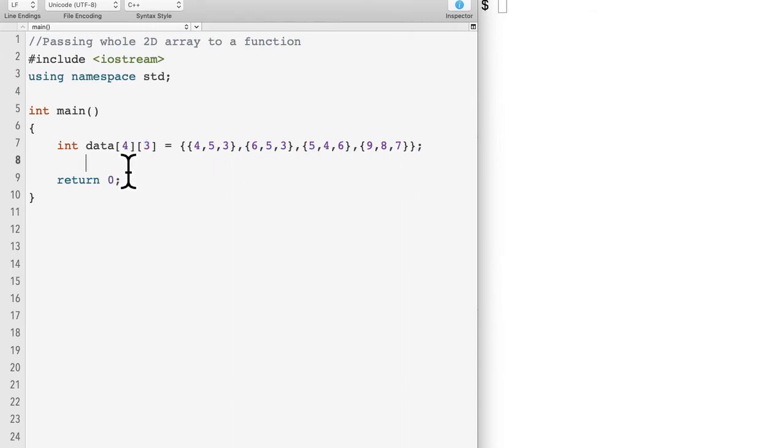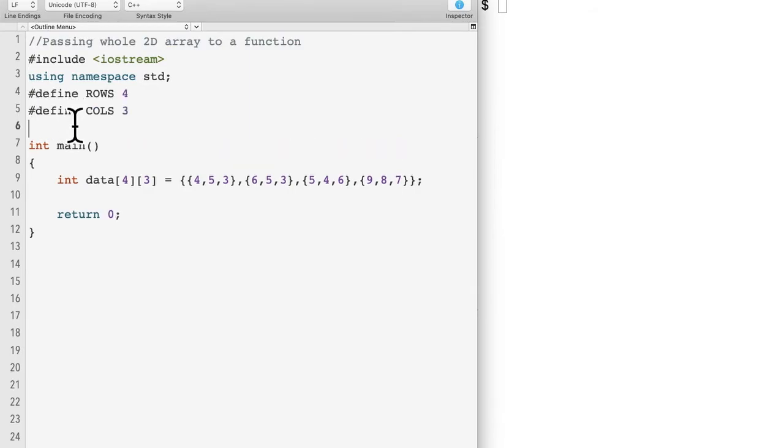Here I will use constants instead of number 4 and 3, one to represent rows and another to represent columns. So rows is 4, columns is 3. We can replace the number 4 with rows and number 3 with columns. So we have data, rows and columns.